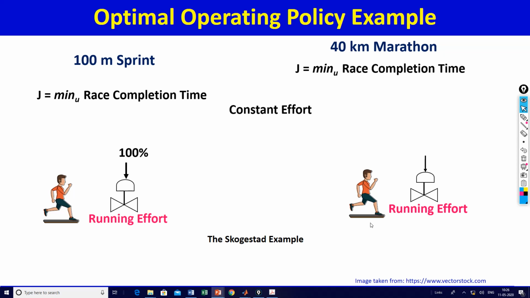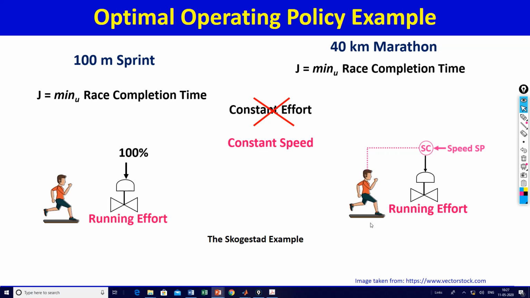Initially you're fresh, so 30% effort will seem like a breeze. Towards the end of the race, 30% effort would seem like, oh, that's too much. So obviously this is not a great idea. So the runner says, okay, I should not be putting in constant effort. Maybe what I should be doing is run at a constant speed and then optimize the set point of that speed. What should my speed be? I'll run at constant speed by adjusting my effort. So the runner is trying to run at a constant speed, and for the speed set point, he has some algorithm to optimize it: this is the constant speed at which I'll run.